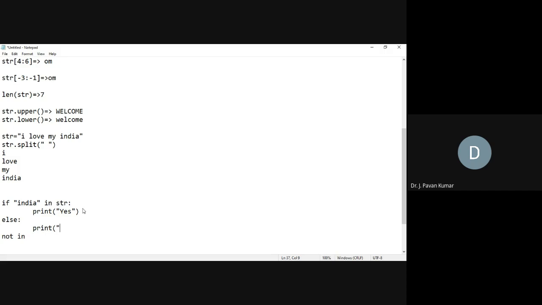In operator, not in. Not in will give a true value whenever that particular specified string or character is not present in the given string. Not in will work opposite to the in membership operator.